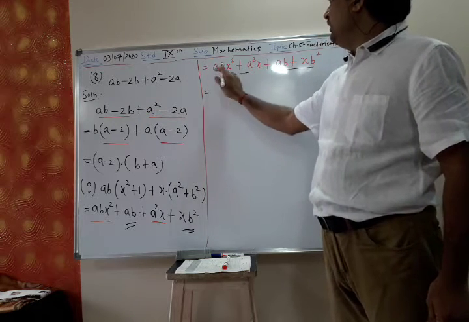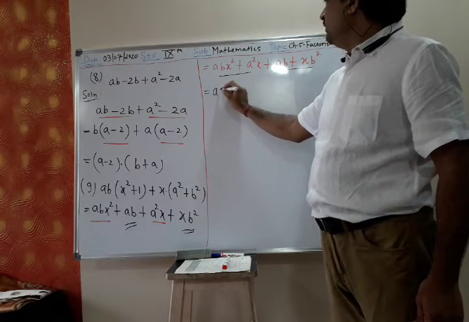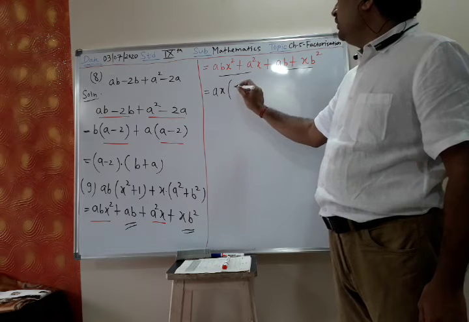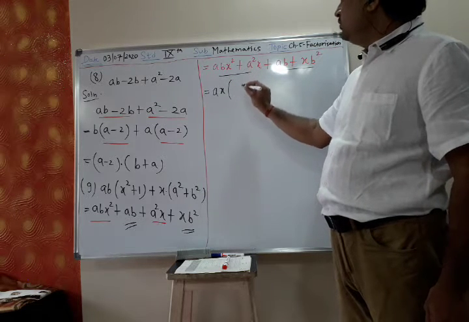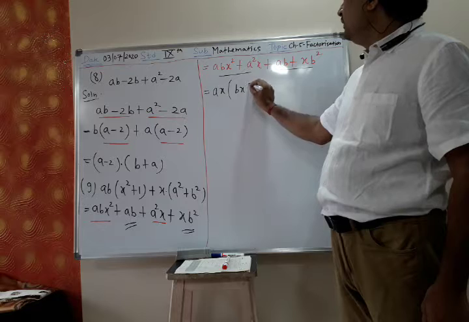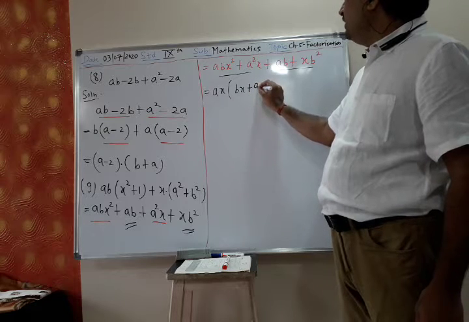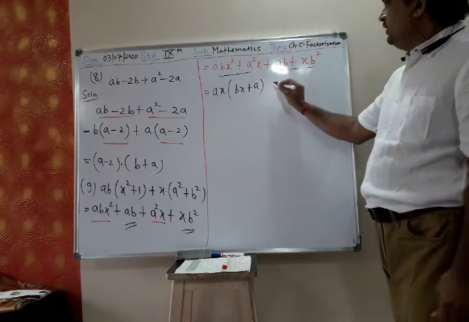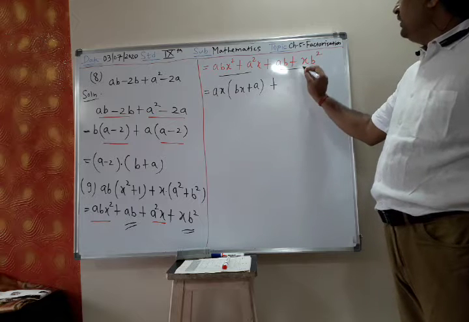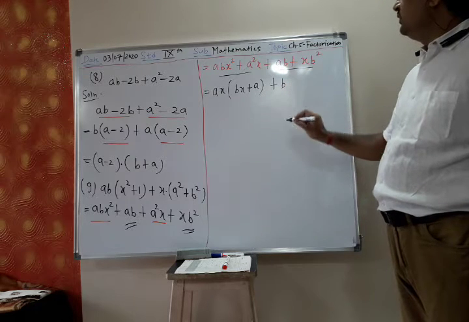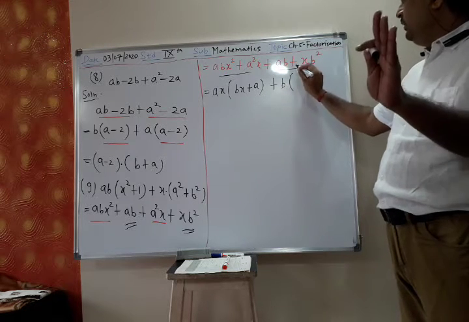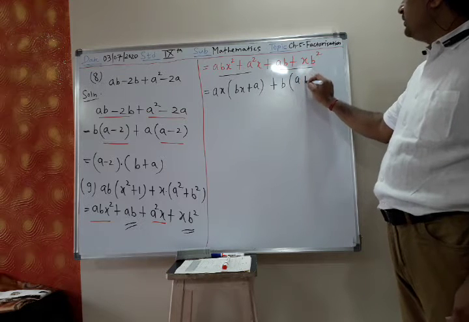What is common in them? Ax is common, then what is left? Bx plus A is left. Then in these two, I will take B common, then what is left? A plus